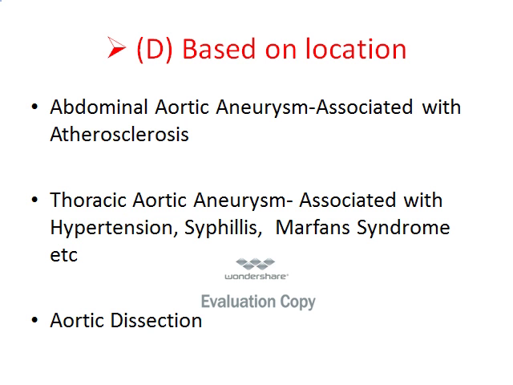Based on location, if the aneurysm is located in the abdominal region, it is an abdominal aortic aneurysm. Generally, we see it in atherosclerosis. Most common site is the abdominal aorta. Another is thoracic aortic aneurysm, which is associated with hypertension, syphilis, Marfan syndrome, in which we see aneurysm or dilatation in the thoracic region of the aorta. And the third is the aortic